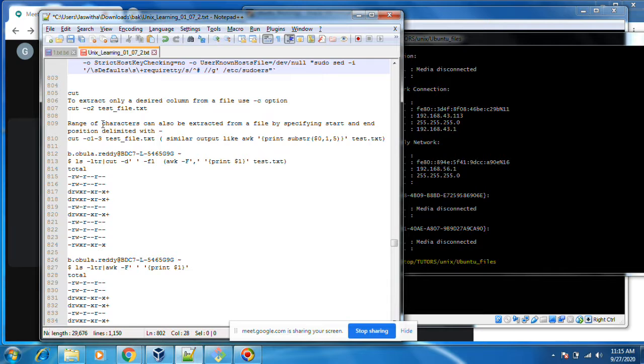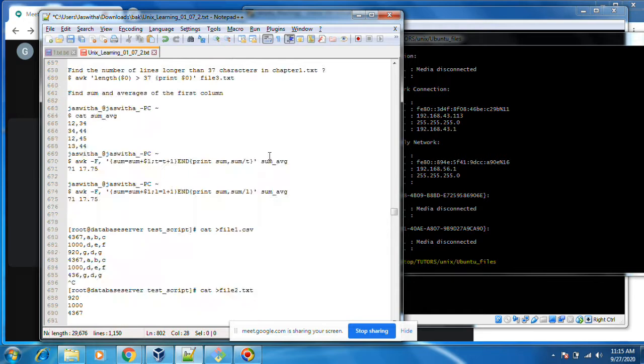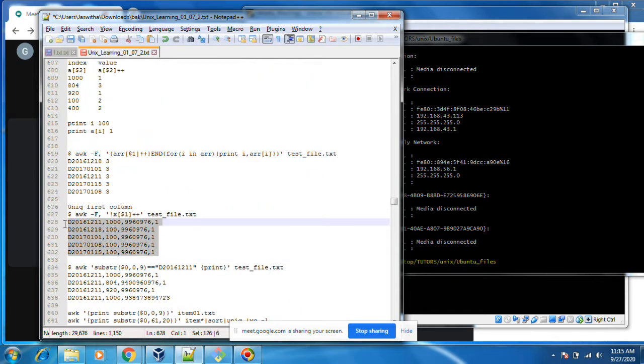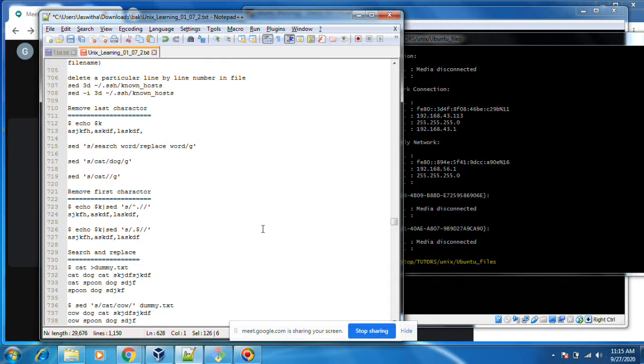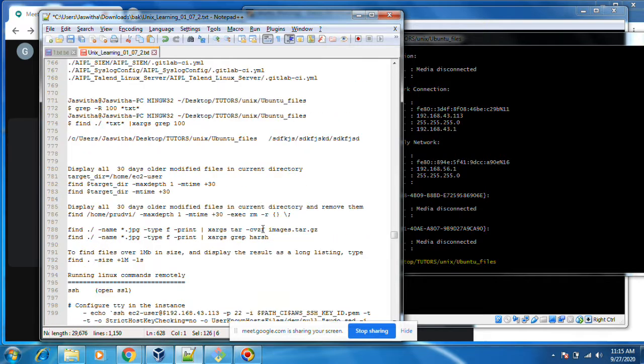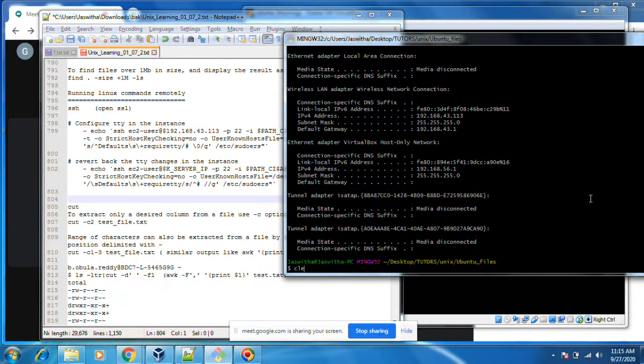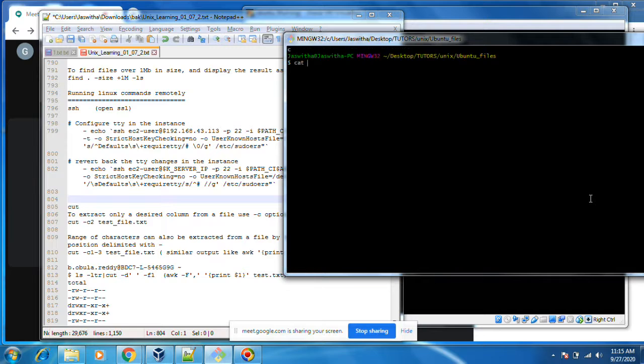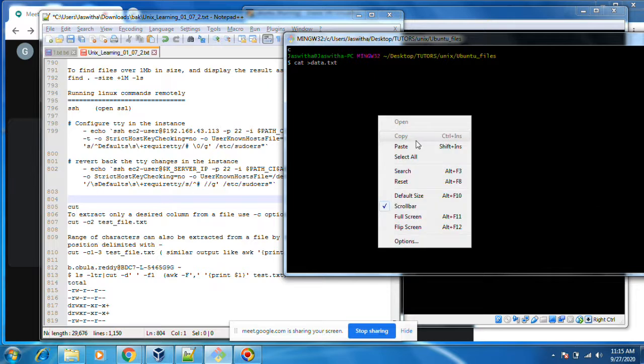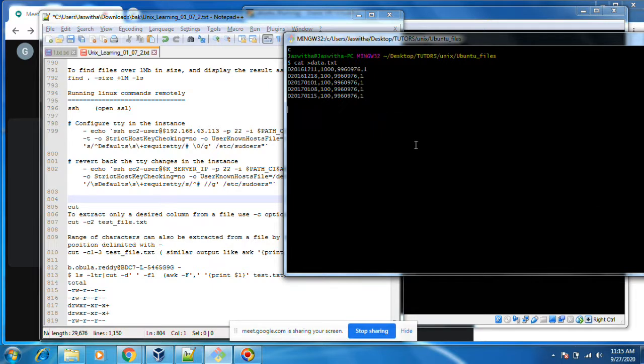The cut command, okay. By default, space is the delimiter of cut. You see, you do.